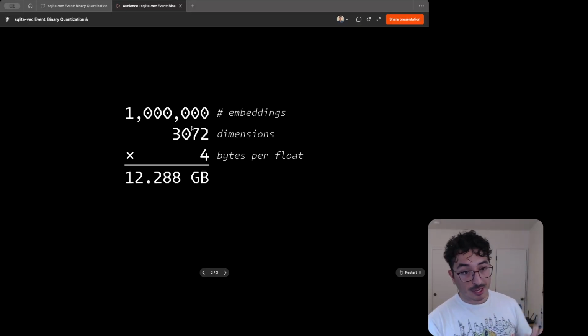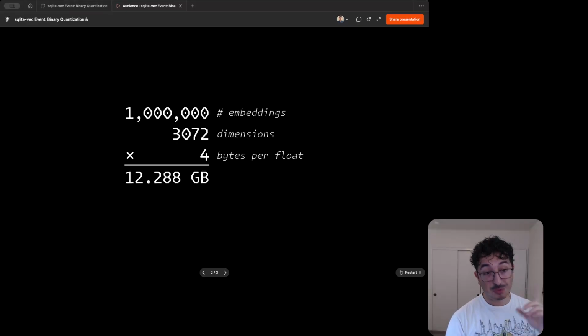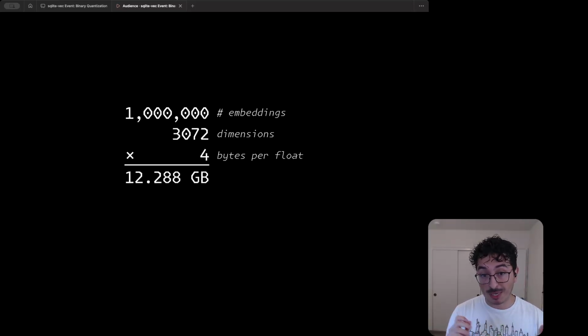So let's say that your embeddings model uses 3072 dimensions. This is not normal. Most embeddings models are quite a bit smaller than that. For example, some of the very small ones are like 368 dimensions. The good ones are typically 700 to 1024 dimensions. So they're usually quite smaller than 3000 dimensions. The only reason I'm using 3000 dimensions here is because that is the size of the largest embeddings model provided by OpenAI. The OpenAI text-embedding-3-large model has 3000 dimensions, which honestly is overkill for most applications, but if you need it,